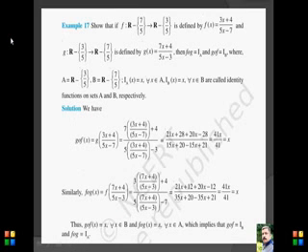Then after this, next question: show that if f: R to R, with some restrictions, is defined by f(x) = (3x + 4)/(5x − 7) and g: R to R is defined by g(x) = (7x + 4)/(5x − 3), then f∘g is the identity function, g∘f is also the identity function, where A = R − {−4/3}... and B = R − {7/5}. I(x) = x for every x belongs to A, I_B(x) = x for every x belongs to B are called identity functions on sets A and B respectively.